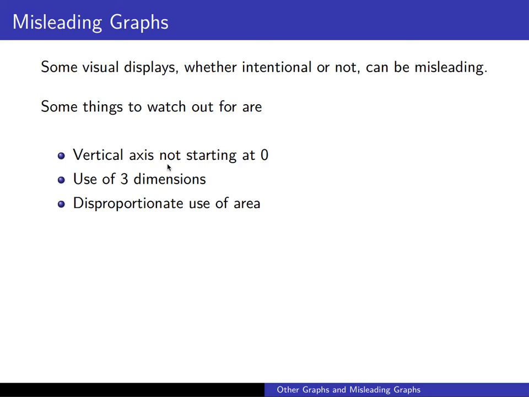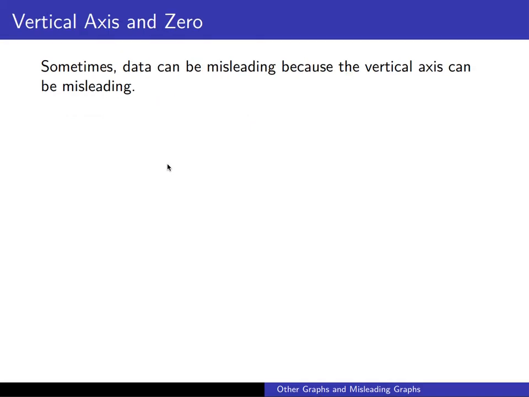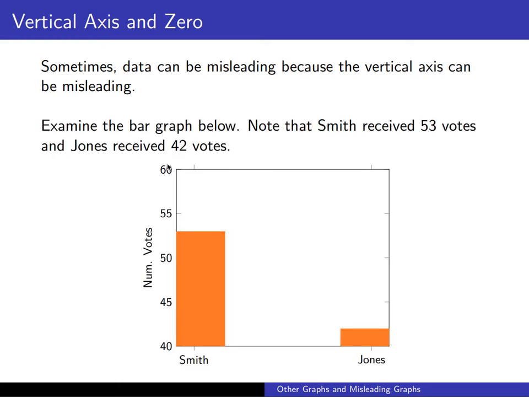There are some geometric properties with ratios of areas and lengths that may be unintentionally misleading in their use in print and on screen. For the vertical axis and 0, sometimes our data can be misleading because the vertical axis not beginning at 0 can be misleading. Here we have a bar graph in which Smith received 53 votes and Jones received 42 votes. So obviously Smith won, but notice that the vertical axis does not start at 0,